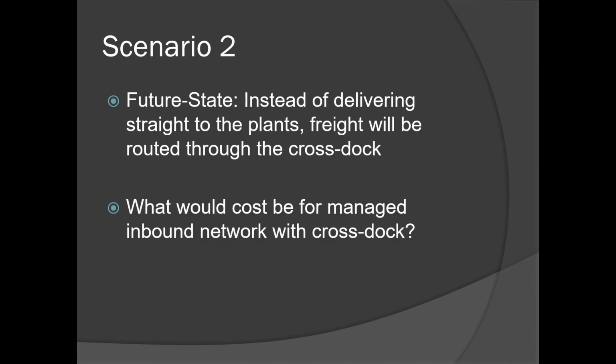In our future state, instead of delivering straight to the plants, everything, or as much as you need to, is going to be routed through the cross dock. So what would the cost be for a managed inbound network with the cross dock in place? Again, just to give you a breather here,